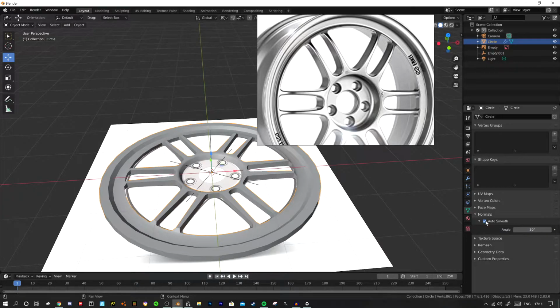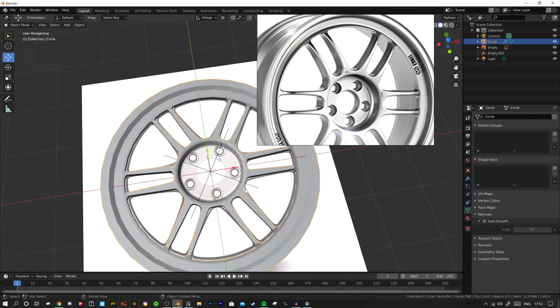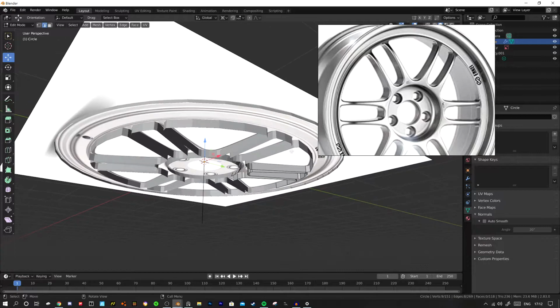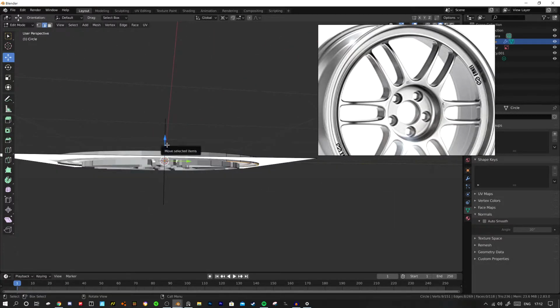You would use this more, just shade this flat again, for if you're making a game or something like that. Then you just want to select these outer edges again, bring them down,